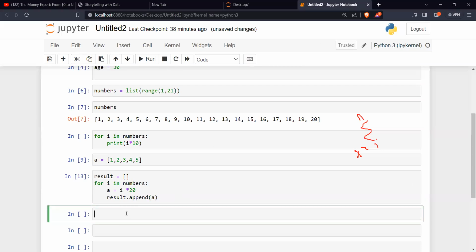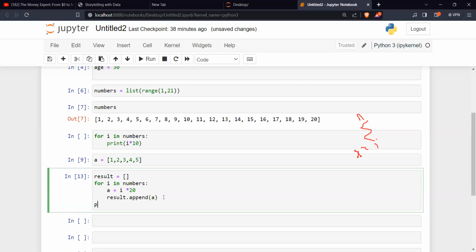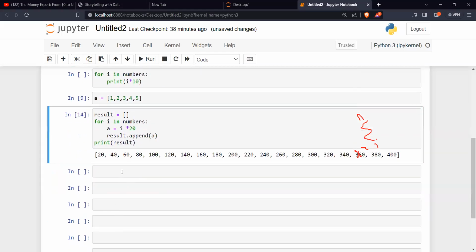So it means like nothing happened now. So if I want to put everything straight, I can come down here and say print result. So if I want everything to show immediately, I say print result. So can we see that now? Print result. Okay. So we have gone through each of them, is it not? Then we'll now append. Right? We'll now what? Append it.